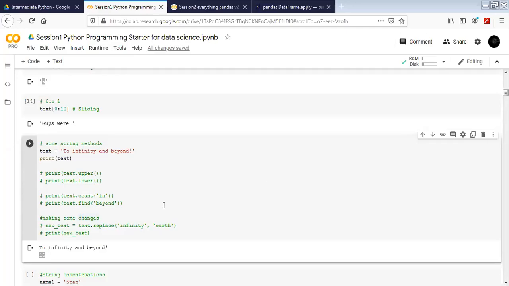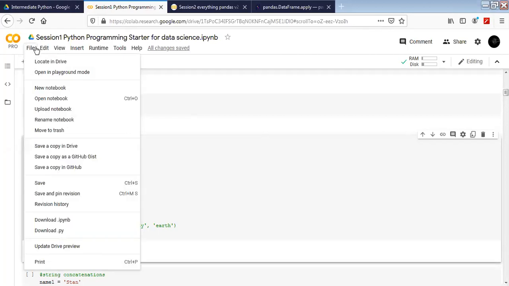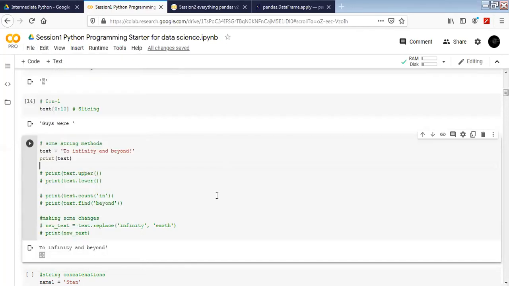All right, everyone, I have shared a link in the chat box. Please open this link, and you should be able to copy that file. When you open the file, go to File, and then Save a copy in Drive. You will see another copy there. You can start working on that file. That copy will be workable for you.